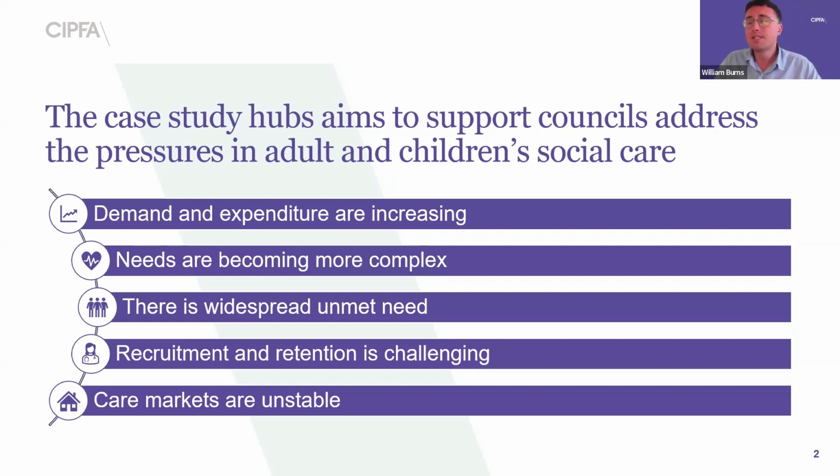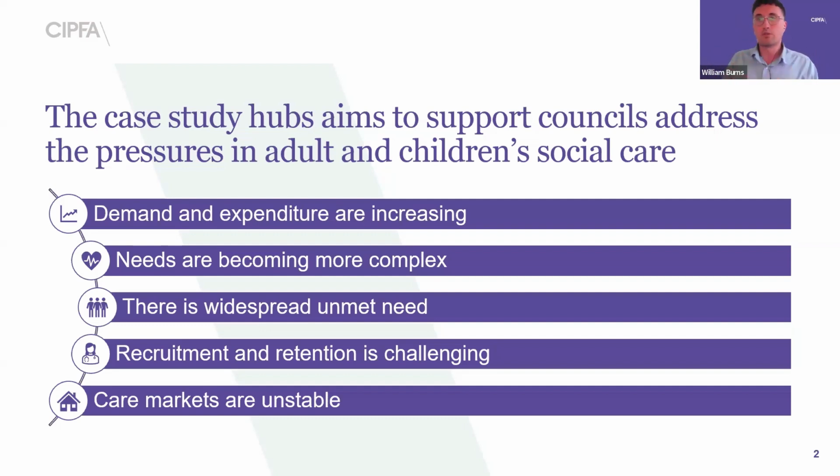We're also seeing adult social care and children's social care expenditure as a proportion of local authority net revenue expenditure increasing. The CIPFA Financial Resilience Index, from the most recent data, says that about 80% of local authority net revenue expenditure is directed towards adult and children's social care. So if we put these together, we've got a financially unsustainable position at the moment, because we're seeing demand increase, expenditure increase, and expenditure as a proportion of local authority investment increase.